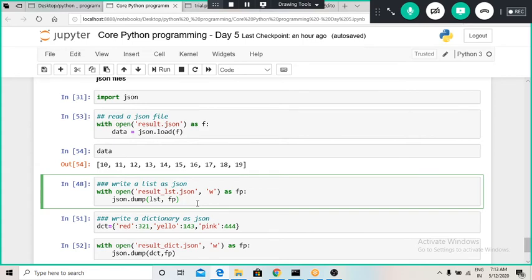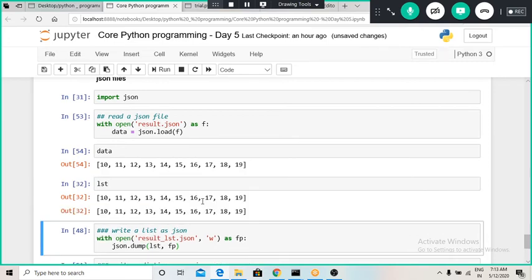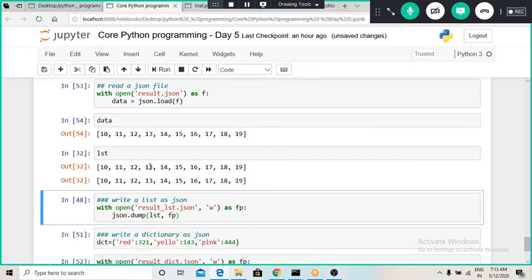So first I will show you how to write a JSON file. Previously we defined one list called lst, which was a list of integers from 10 to 19. And now I want to write this particular list in JSON format.